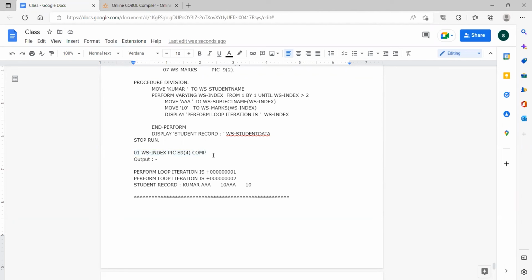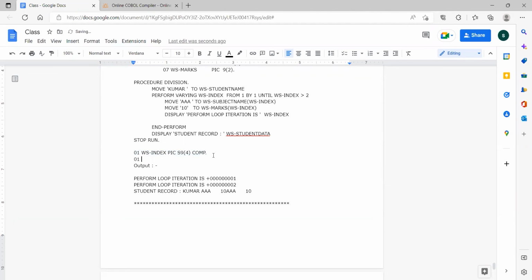But coming to subscript, how are we declaring the subscript? 01 WS-SUB, PIC S9(4) we will declare. This is how the subscript is declared basically in COBOL programs. But internally, COBOL will store the index in S9(4) COMP. So here the storage is less